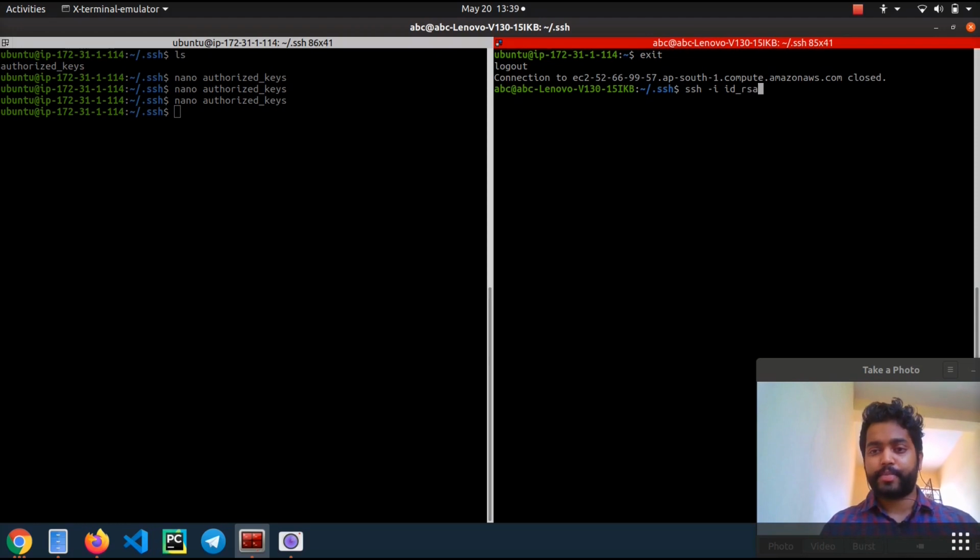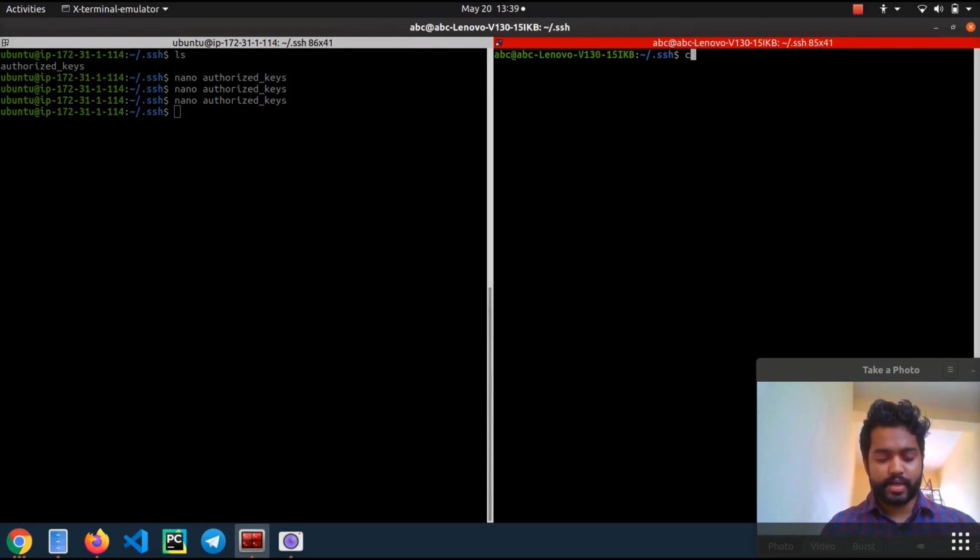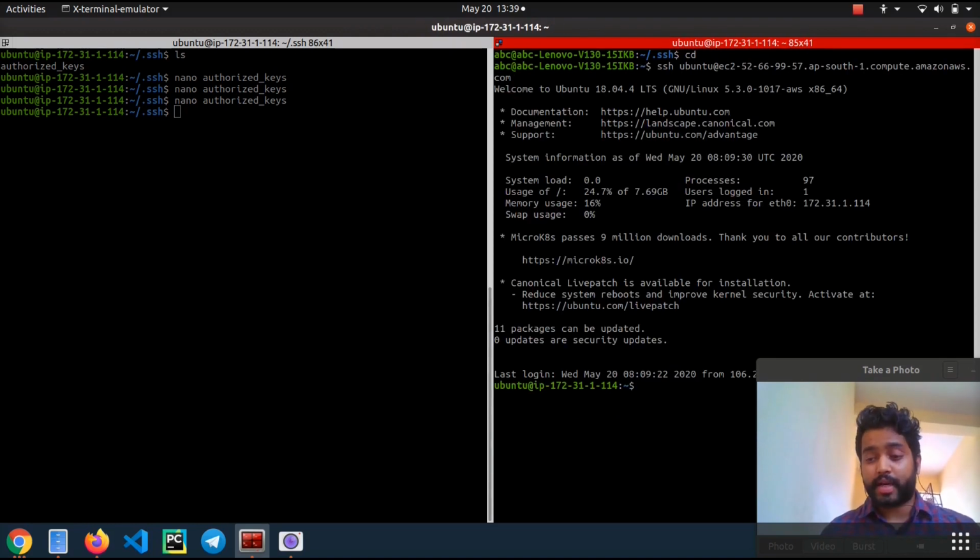Because it is the private key. But in case I do not mention it, guys, still it will be able to work. That is because it will by default search in this .ssh directory, guys, right? So I do not need to be in this directory only. If I go to home as well and try the same command, it will be able to connect, and I'm not mentioning the key because it is by default picking my .ssh/id underscore rsa, guys.